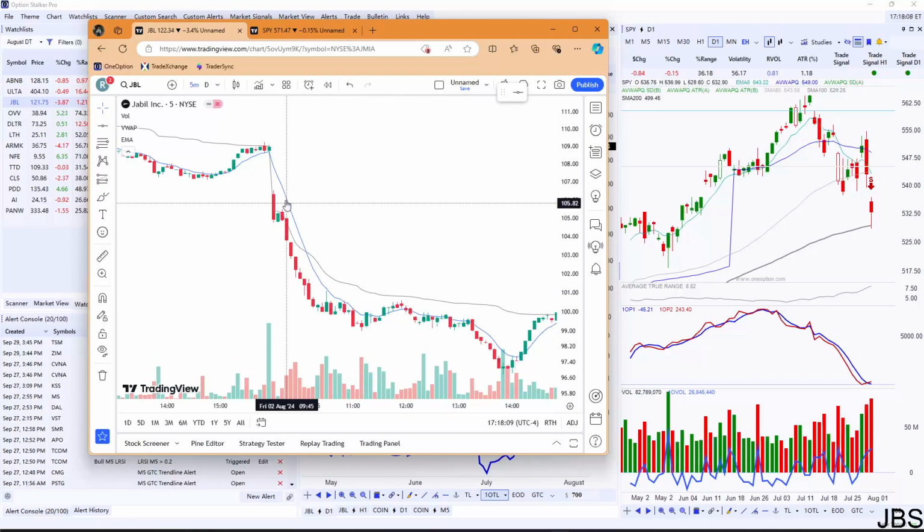So here was JBL, parabolic move in the open. So if you didn't get in, I mean, this is a gap and go trade. It's very hard to trade these, I think. So if you don't get in the first half an hour, well, how I would trade this as a gap and go